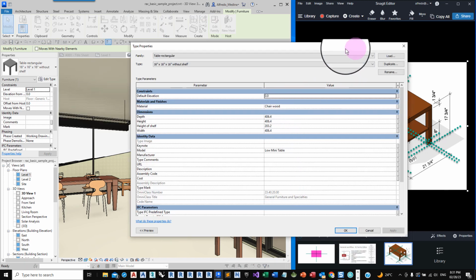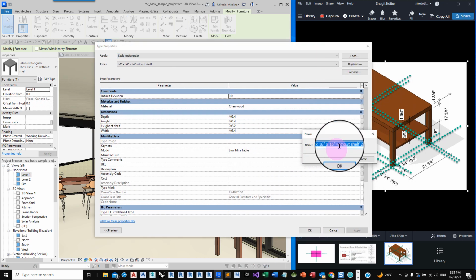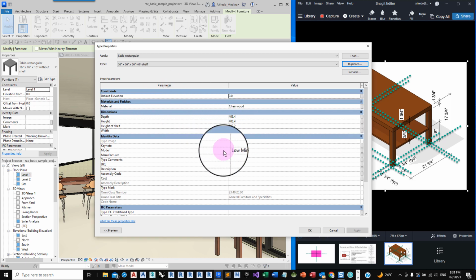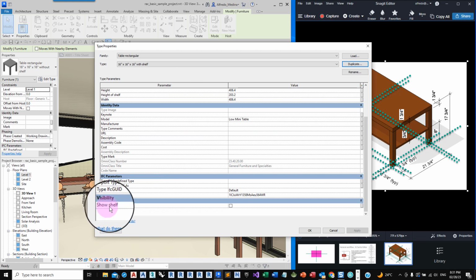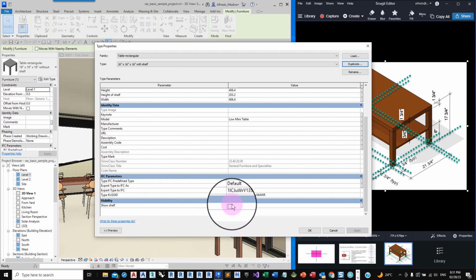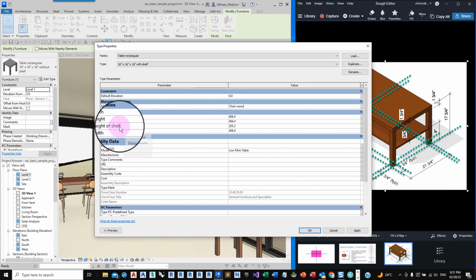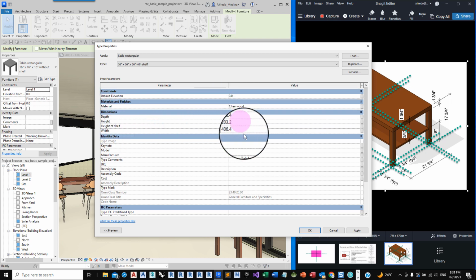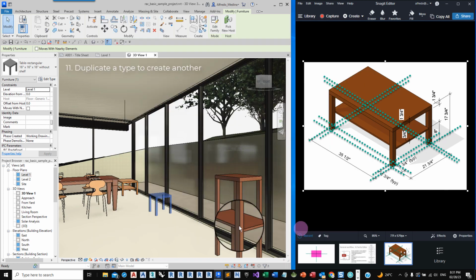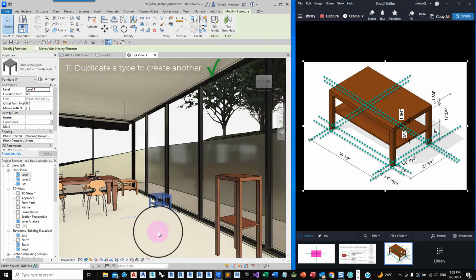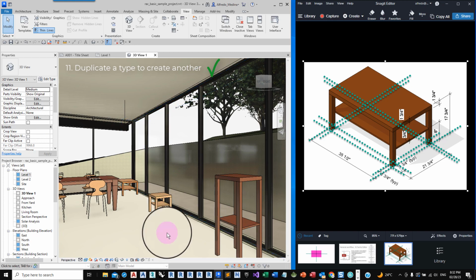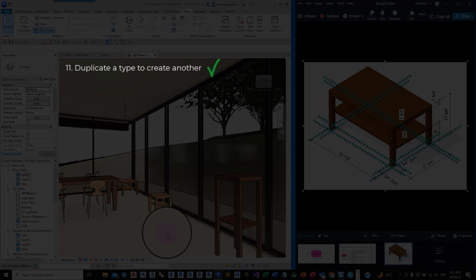Edit Type, duplicate, change the name to be with shelf, click OK, and simply change that property that says show shelf to be yes. Show the shelf. Make sure that the height of the shelf makes sense. Let's click OK. And this is my other new type with the same material.